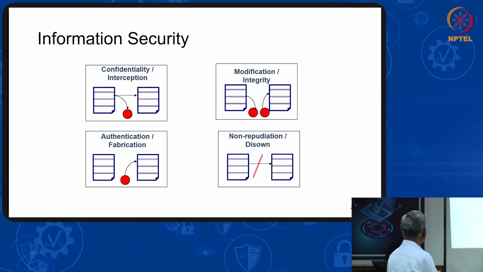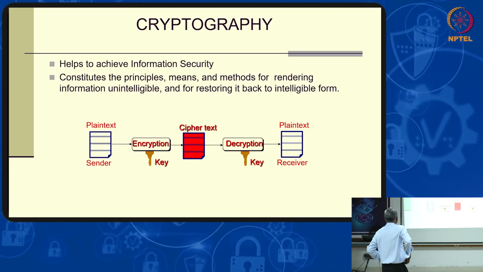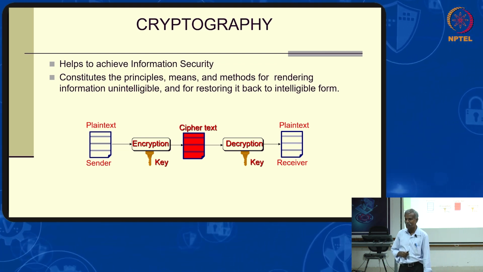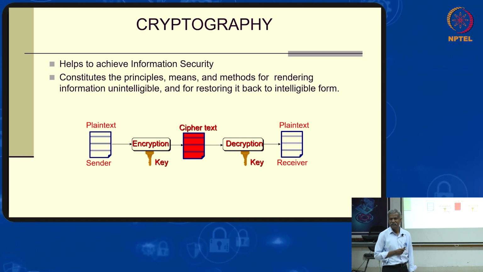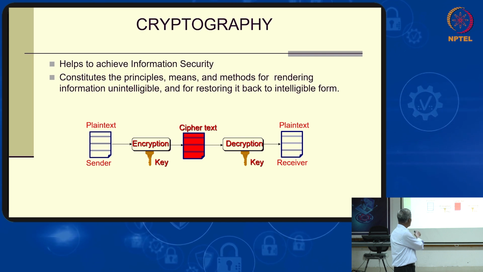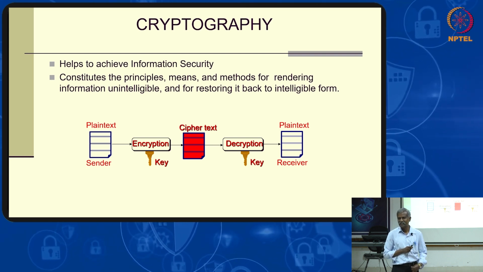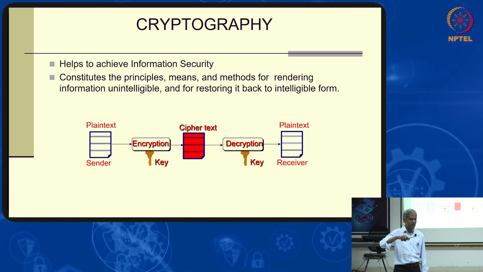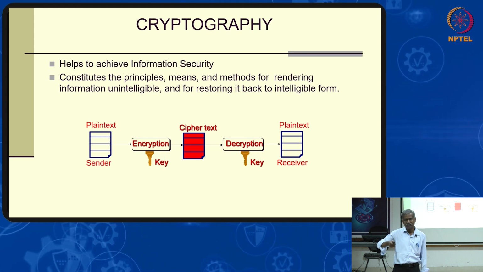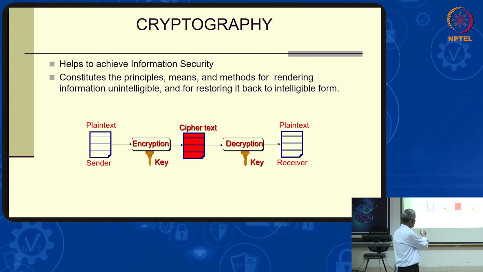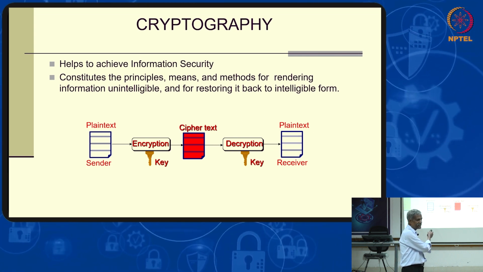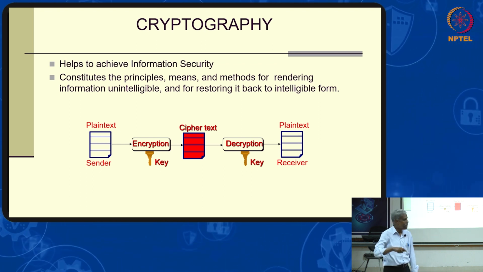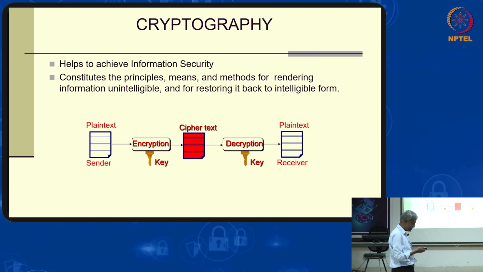To maintain this, we have to go for different methods. Now I come to the technical part of my discussion. Cryptography. You are giving a plain text, for example, hello. Now you are using a key. Let us say it is adding 1 to every letter. H will be transformed to I, E to F, like that. With key equal to 1, it will make an encrypted message that is called ciphertext. Decryption means if you added 1, you have to subtract 1. Reverse process. Then plain text will be received by the receiver.